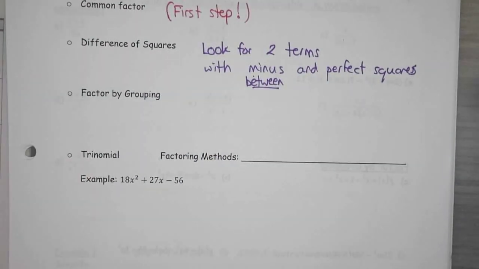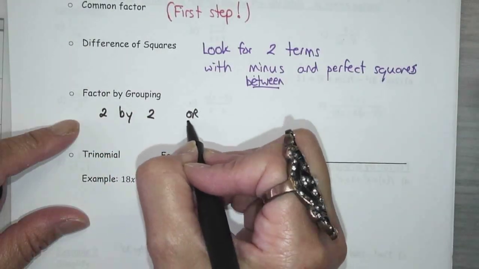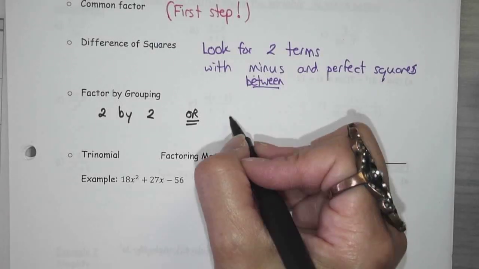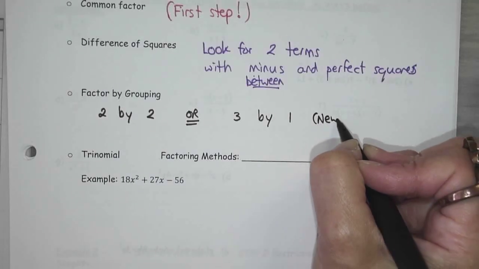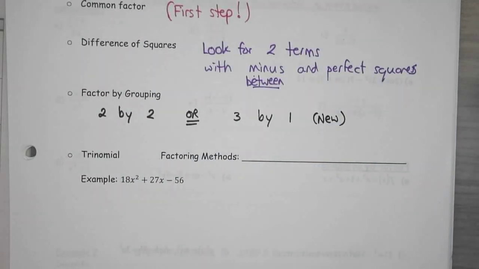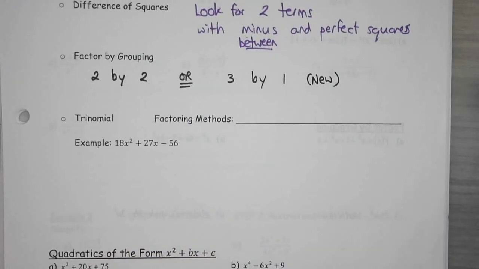Then the next one is factor by grouping. Typically, when we do factor by grouping, we do 2 by 2, or we're going to learn this year that it could also be 3 by 1. So this will be new. New this year, we're going to do a 3 by 1 as well. Then trinomials. The factoring methods you have are, of course, you can do the decomp,